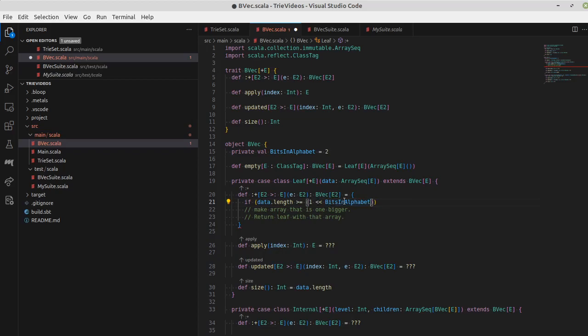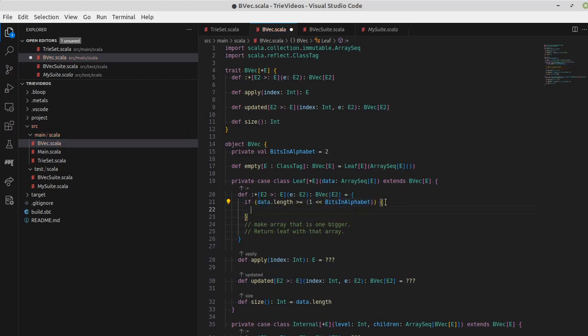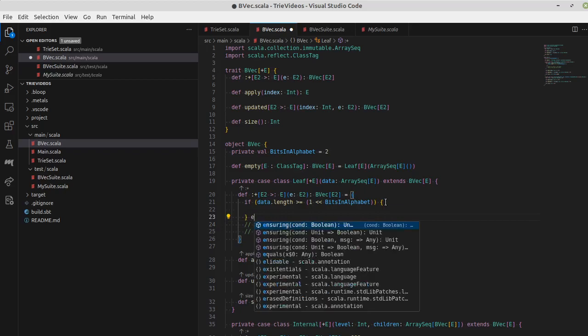So taking a 1 and upshifting it gives you various powers of 2. Upshifting it 1 goes to 2, upshifting it 2 goes to 4, which is the number of values that we would have. If this, instead of being 2, were 4, this would be 2 to the 4th power, which would be 16. So if our length gets up to that,